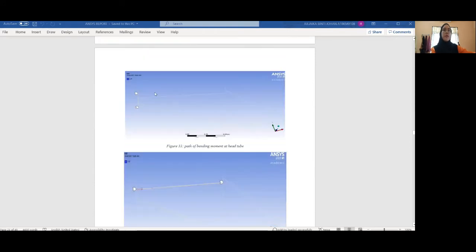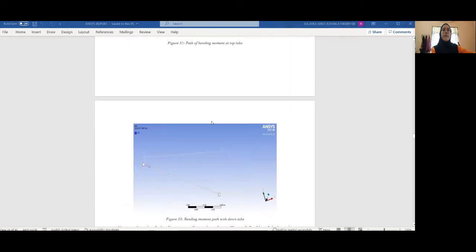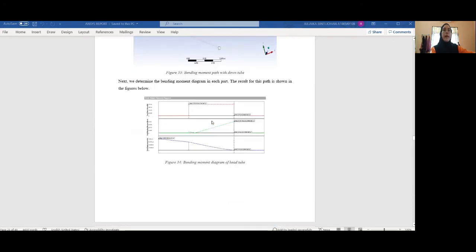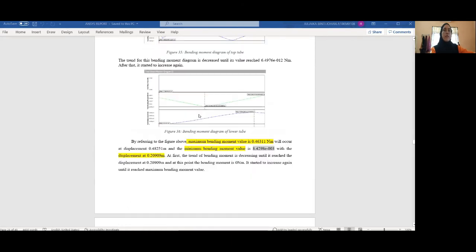And this figure shows the path of the bending moment at the head tube, this one at the top tube, and this one is at the down tube. And this is the bending moment diagram or shear moment diagram of the head tube, top tube, and the lower